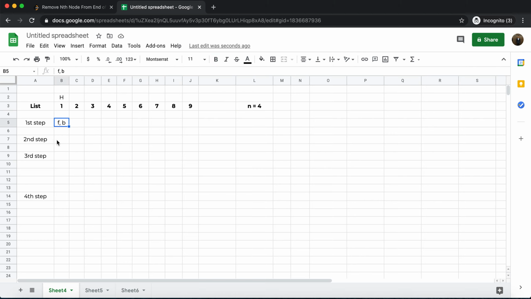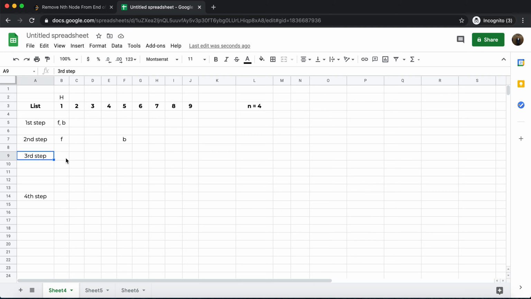So in the second step, I'll move back 4 steps ahead of front, right? The front will stay here, but the back I'll move n times. So 1, 2, 3 and 4. Here I need to place my back pointer. So this is the 2-pointer approach. In the second step, front is pointing to the head, back is pointing to an element, but the important thing is there is a 4-step gap between front and back.